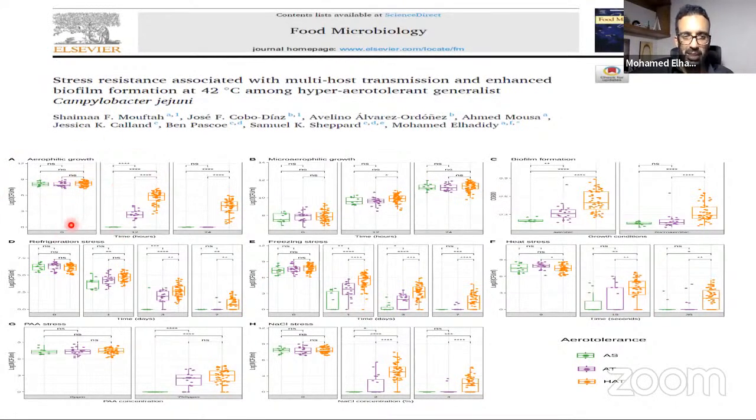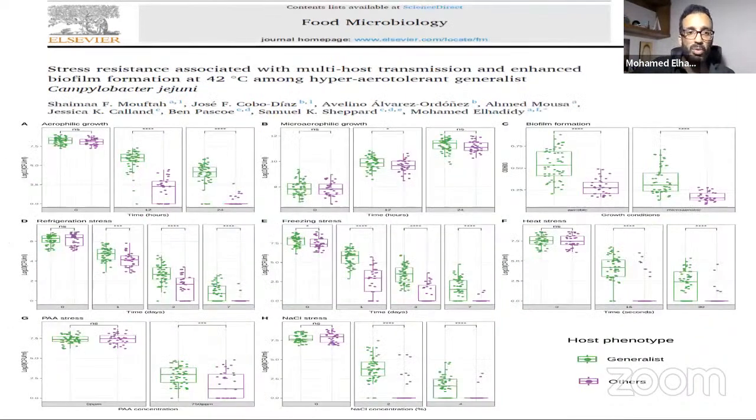Being hyper-aerotolerant can give you a survival advantage of making more biofilm and also of cross protection, or having more resistant phenotypes to other stress conditions. So here we thought that this hyper-aerotolerant Campylobacter is a high risk strain. This is a phenotype, and in studying evolution in bacteria, you sort out clones and you study horizontal gene transfer. To sort out clones, we classified bacteria into generalists, the clones that can infect different hosts or reservoirs, and specialists, which cannot.